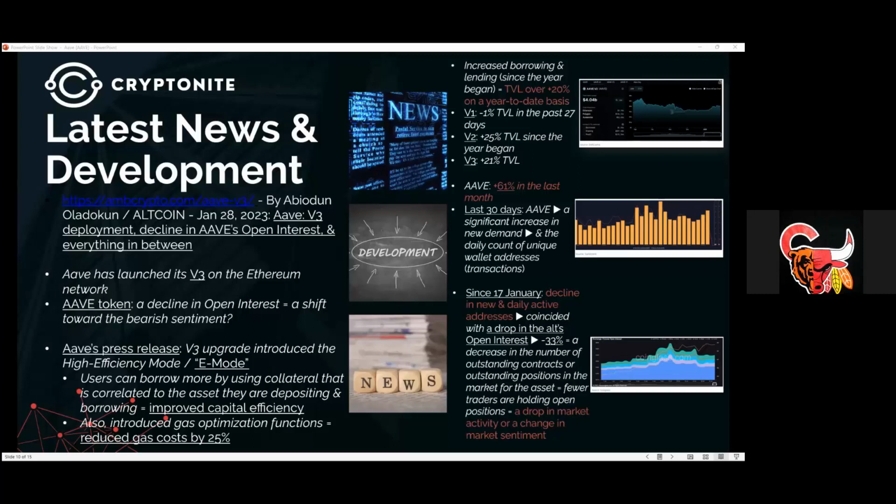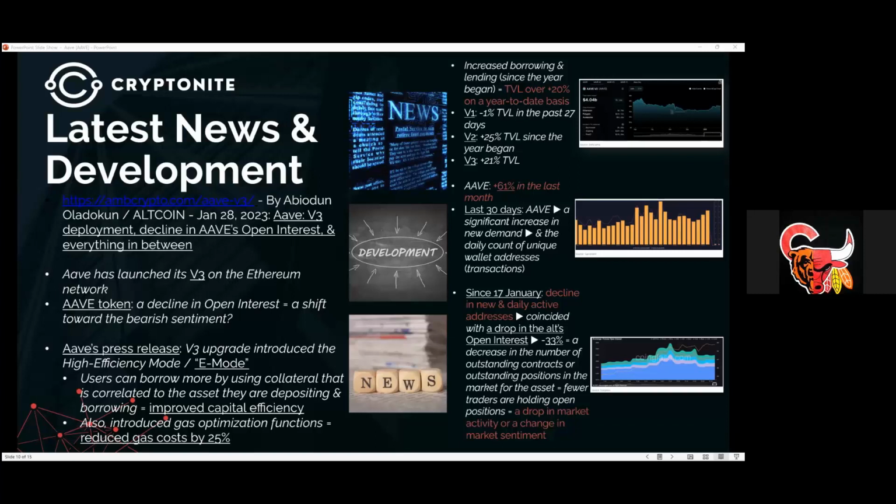It also introduces the high efficiency mode, what they call the E mode, where users can borrow using collateral that is correlated to the assets they are depositing and borrowing. So it improves the capital efficiency, and